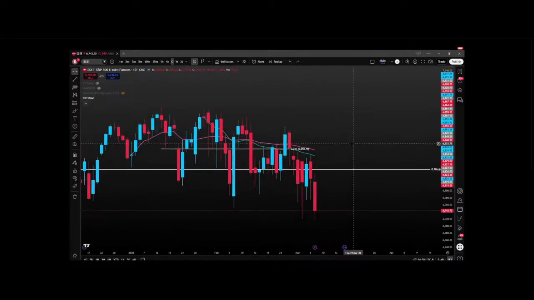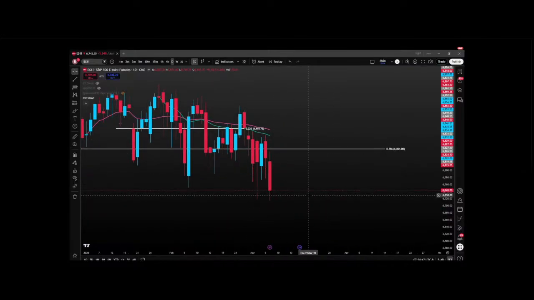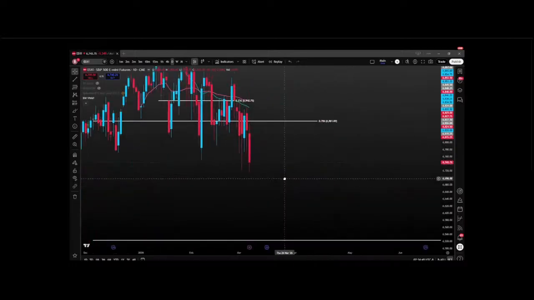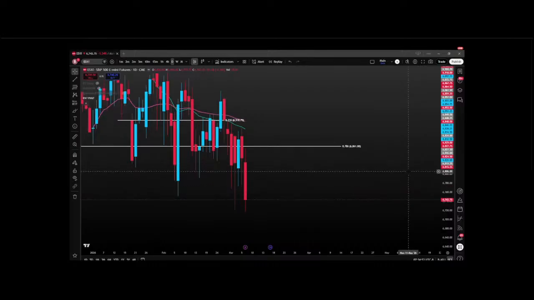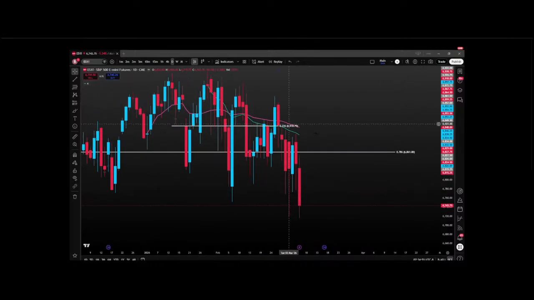We stayed below it pretty much every single time. Every time we try to break out, we just end up going lower. And this is exactly what's happening. But then we also bounce from these levels right here. Right now it's kind of unpredictable. I really don't know what the hell price is doing, but